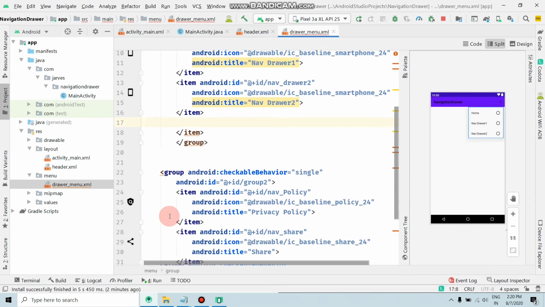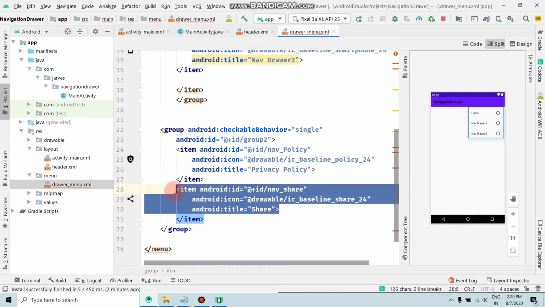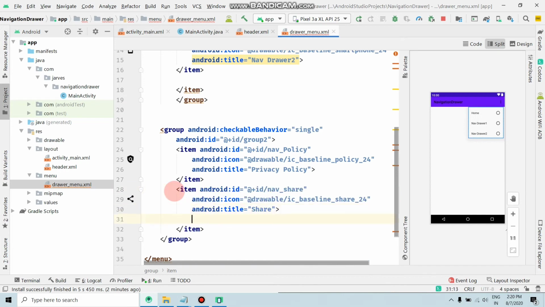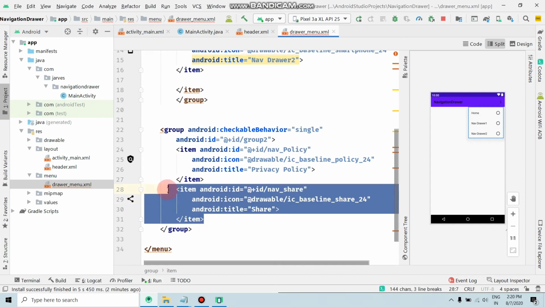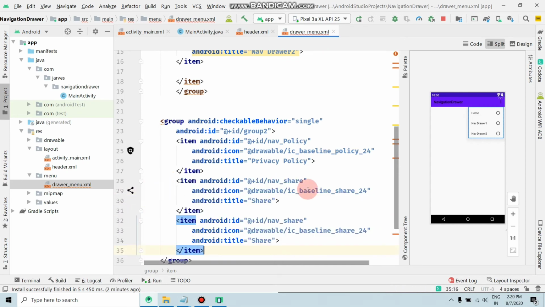And guys, if you want to change in this group, as you can see the share, and if you want to add an about us page, copy this item, Control V and change this ID to navigation about us.